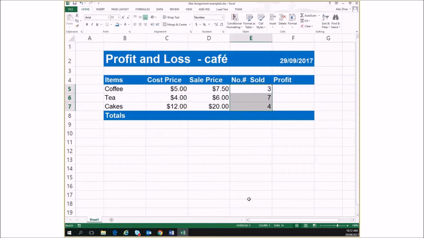Okay, so obviously the numbers sold is not an amount of money, but with that we can work out the profit. So we all know that profit is basically the sales price, take away the cost price, and multiplied by how many of that particular item you sold. So let's actually do this. To make a cell into a formula, we have to put the equal sign. Okay, so we said it was sale price